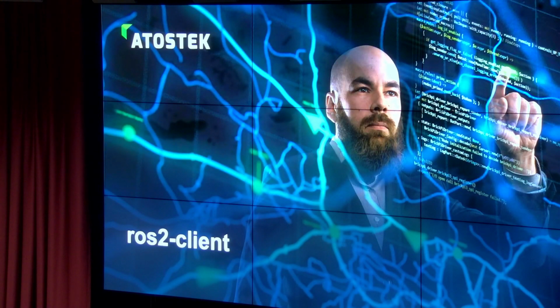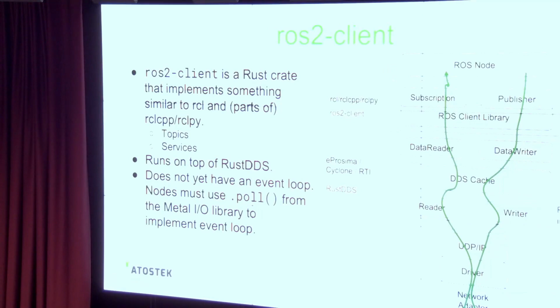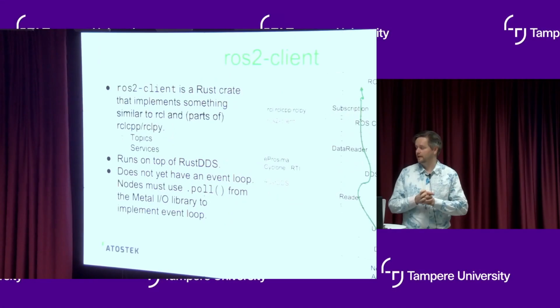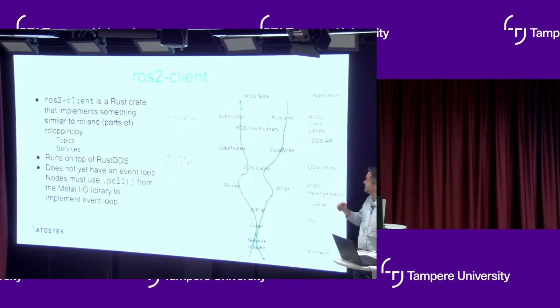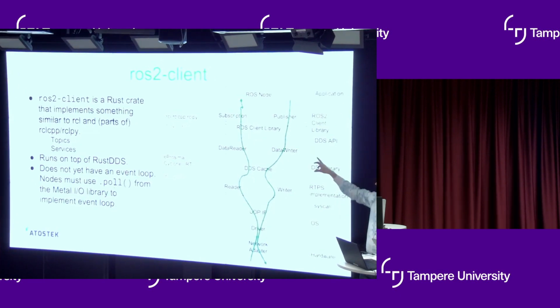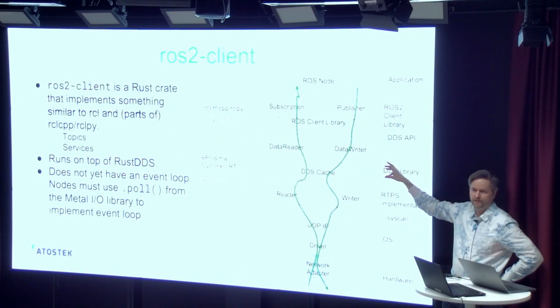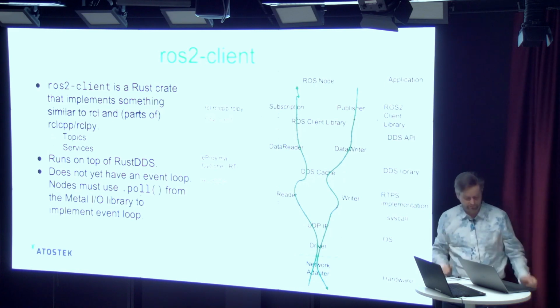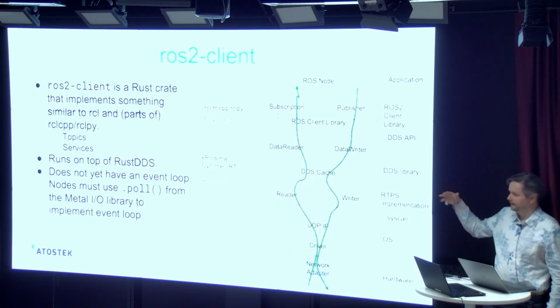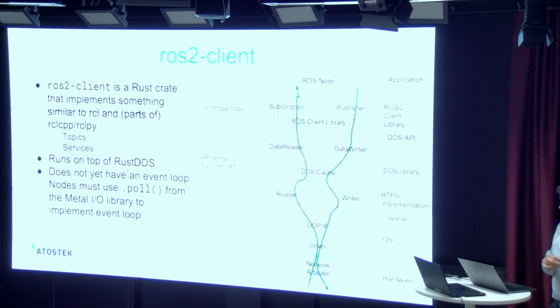Okay. Hello to Juho. The ROS2 client is then built on top of Rust DDS. What the ROS2 client library does is actually drop functionality away from DDS because the DDS API is so complex that you don't want to use all of it, or the Rust guys didn't want to use all of it, so they made a simplified version and then added some functionality like event loops, which we don't do, and they also,